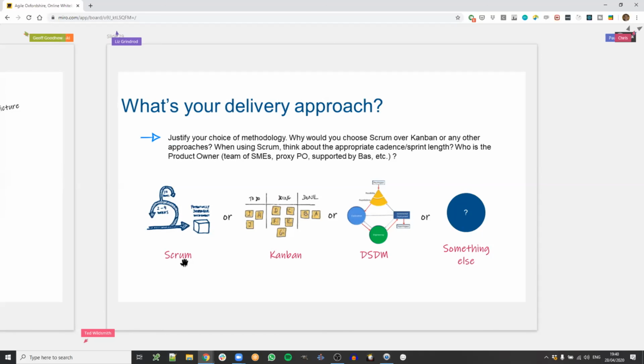What's your delivery approach? So often I found teams just jump into whatever method has been agreed ahead of time without really understanding why they're doing it or not, right? Or maybe your organization says, well, here we do Scrum, right? Or we do Kanban. But I mean, it depends on the project. It depends on the constraints. So a lot of people, I think, jump into choosing a technique without really looking at the pros and cons of each, or which one is actually most appropriate for the situation.